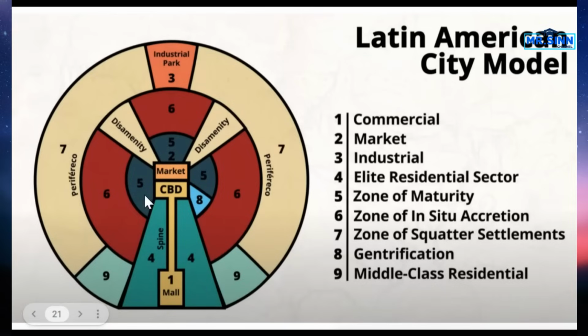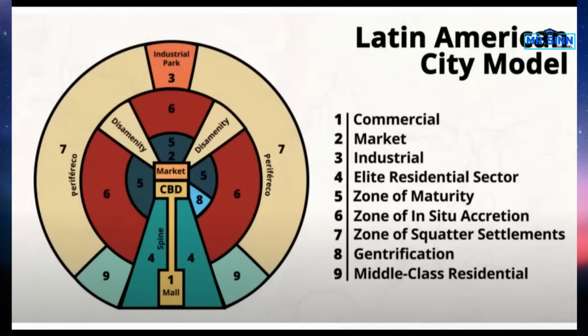We can also see, realize this is a unique thing, we have this spine connecting outward. So we're going to have generally some more higher end places here. We might see some spots of gentrification. We'll talk more in depth about that a little later on. But that connects back to some of these segregated neighborhoods based on wealth, again connecting back to colonization and history there. So understand that this layout is kind of unique.